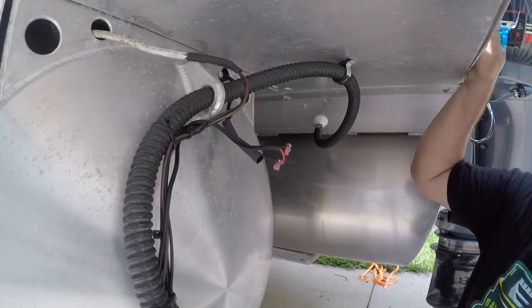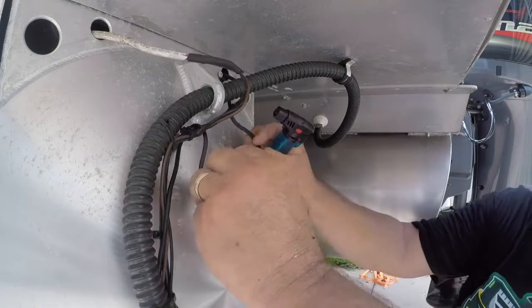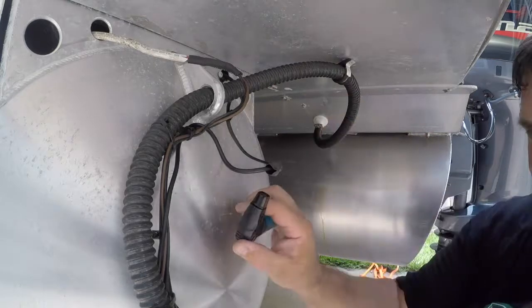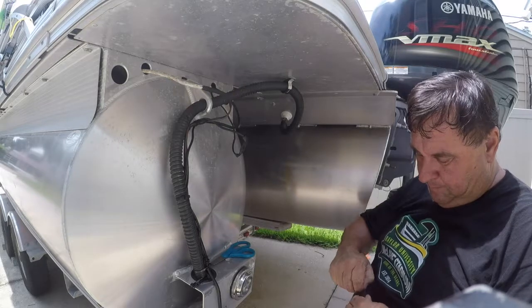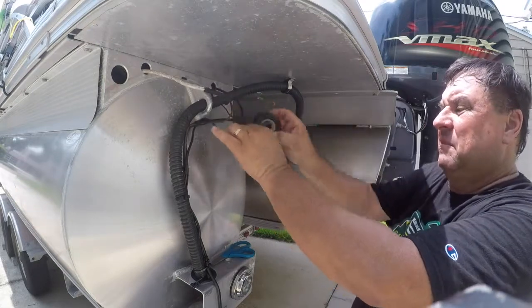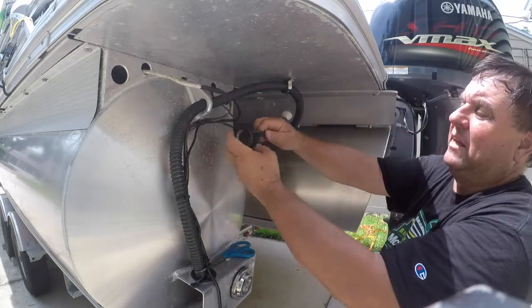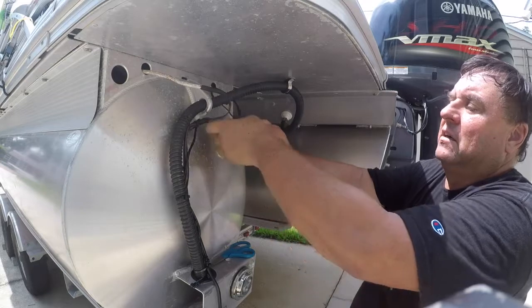But to make sure, we're going to slide this big heat shrink over it. And heat that up. All right, whatever I missed on the heat shrink, I'm going to make up for it with electrical tape. I'm going to go up the shaft. Now, I don't expect this to be watertight, but between the heat shrink and the electrical tape and the heat shrinks on the butt connectors and the fact that this isn't directly in the water, should prevent any major